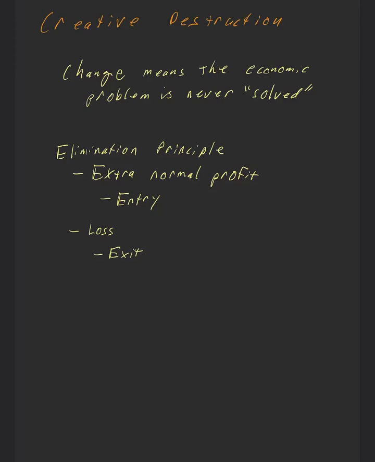Okay, so one of the things that we have to remember is that because there's always going to be change, this economic problem about how much to make with our scarce resources of these different goods and who ends up with those goods, it can't really be solved, right? Remember, one of the things that we've said in this class is that economics, the economy really, more than economics, is dynamic. It's never really being solved. So this process is always happening, right? This is this idea of the learning and discovery process of market behavior,